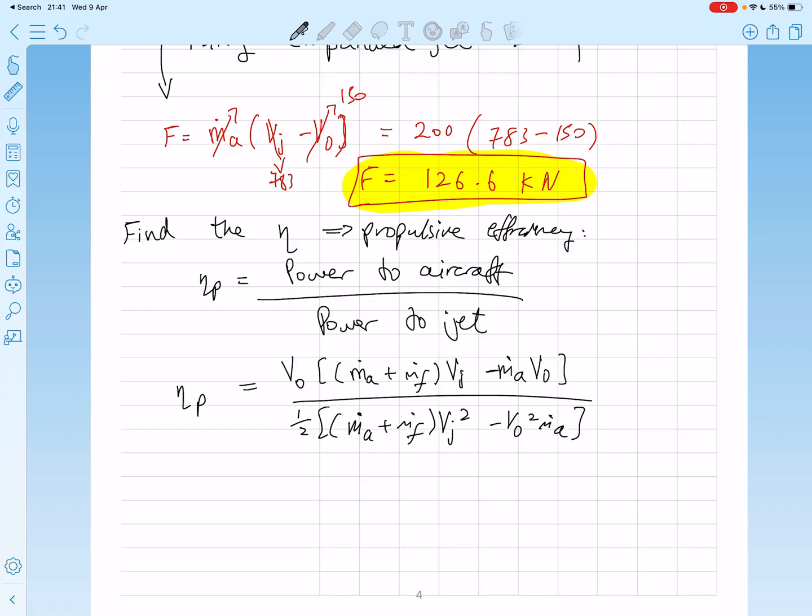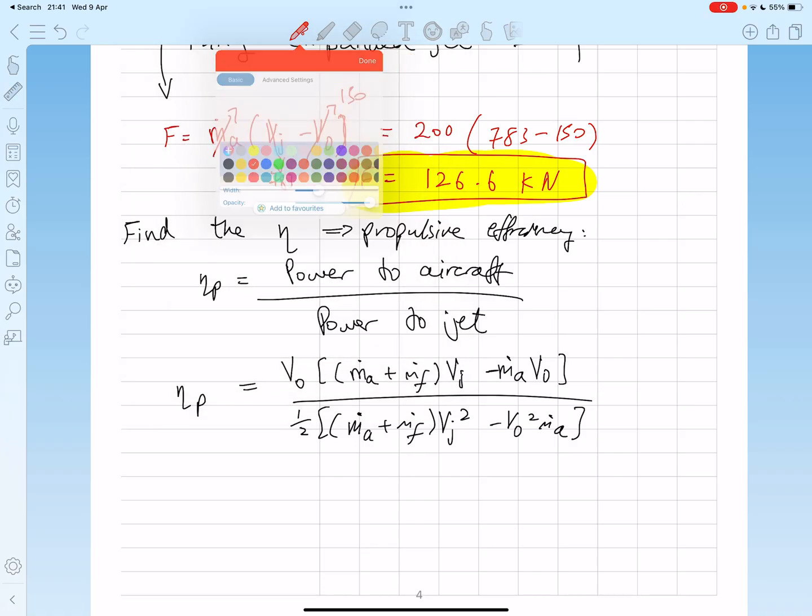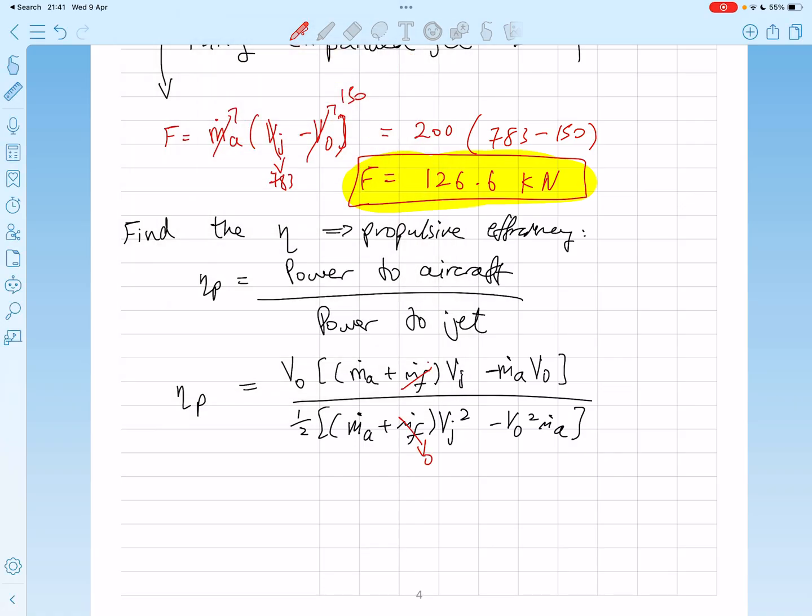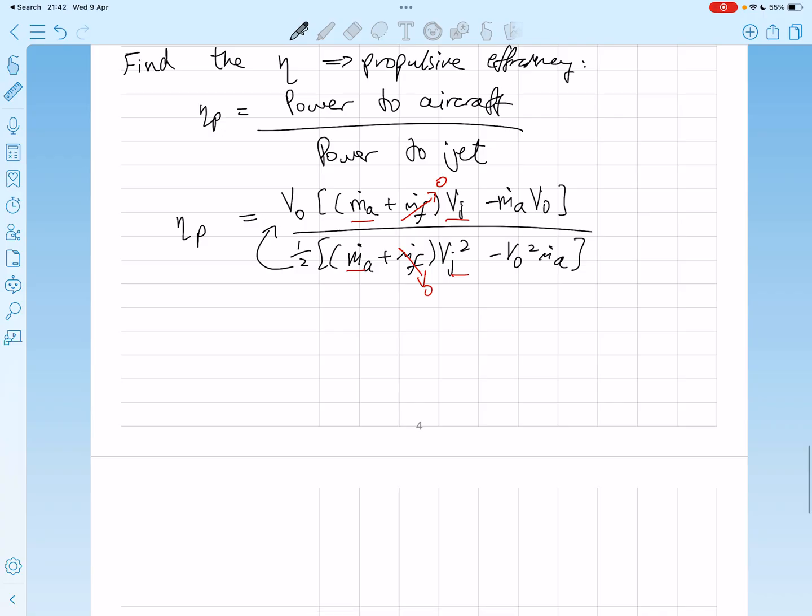And we know that mass flow rate of fuel is 0, so we're just left with these two terms for that specific term. So if we move the 2 on the top, VO, and we factor out MA, we have VJ minus VO on the inside,